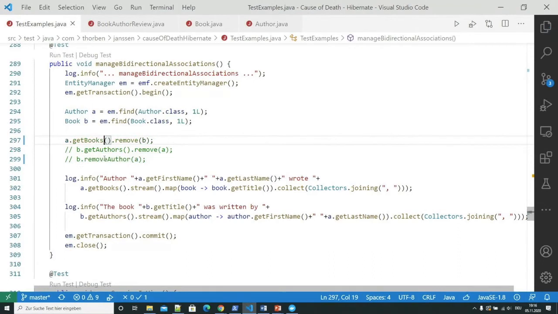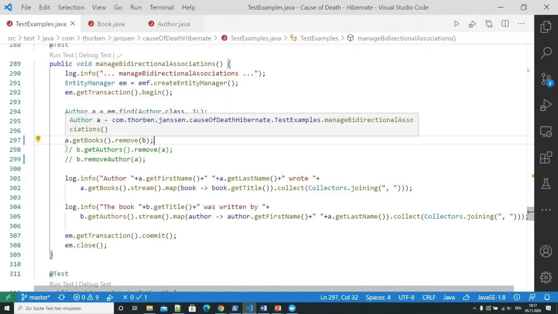Another thing that I want to show you that you can use to create inconsistent data, and actually lose some of the operations that you thought you performed, happens when we are working with bidirectional associations.